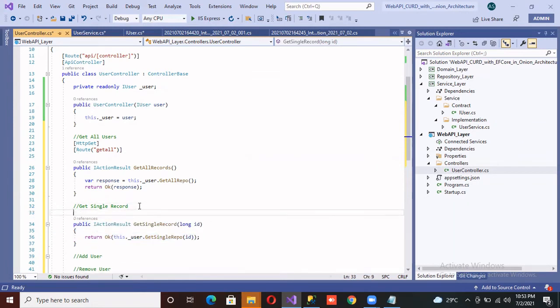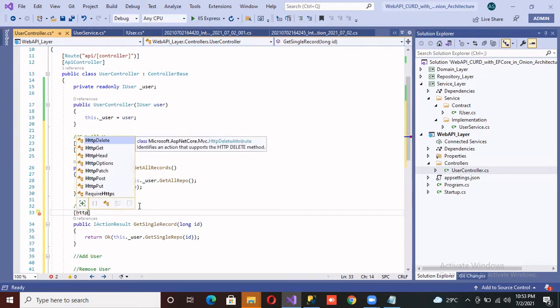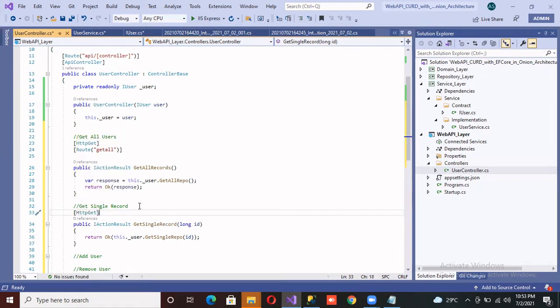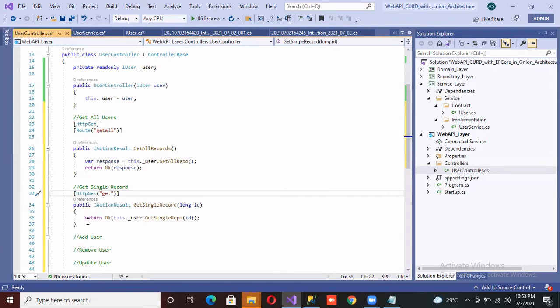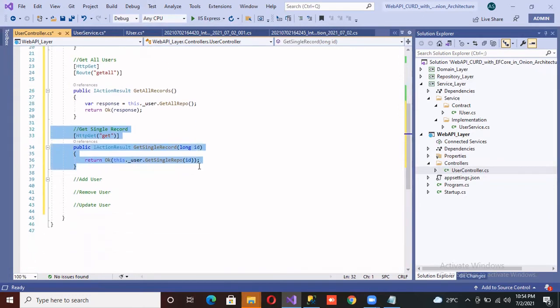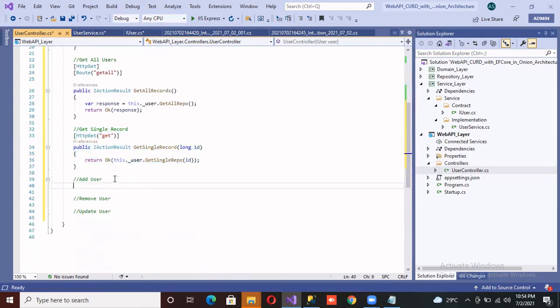Now, here we have to give the HTTP verbs, and this is a get method. This is getting the data, so we use the get method, and we can directly use get single, or you can write get only. So I'm done with the single record controller. Now let's start add user.